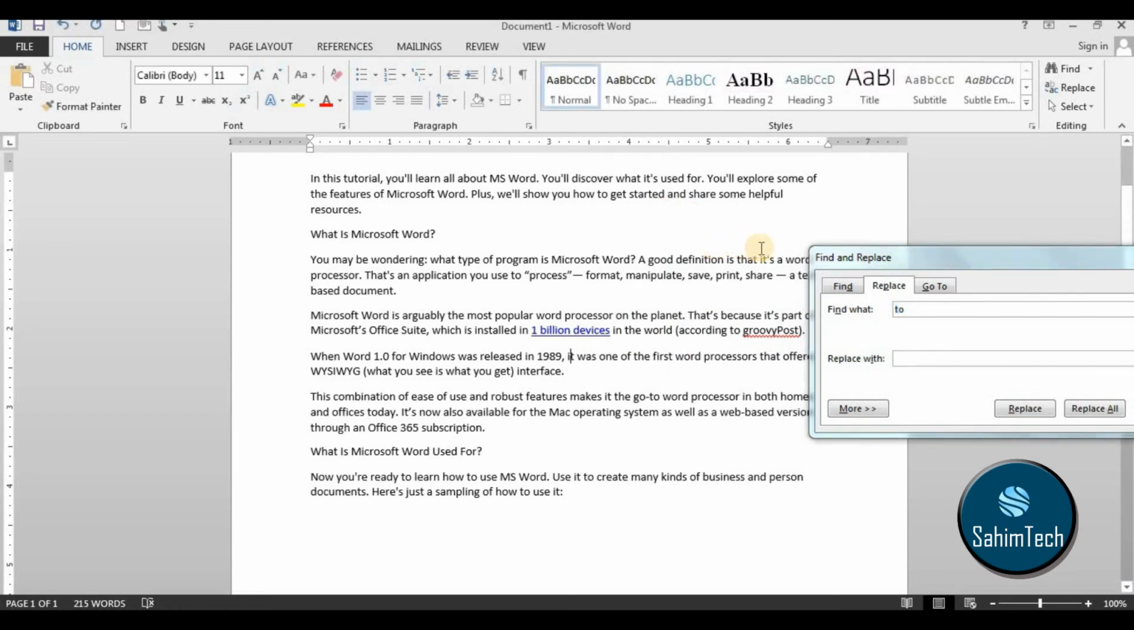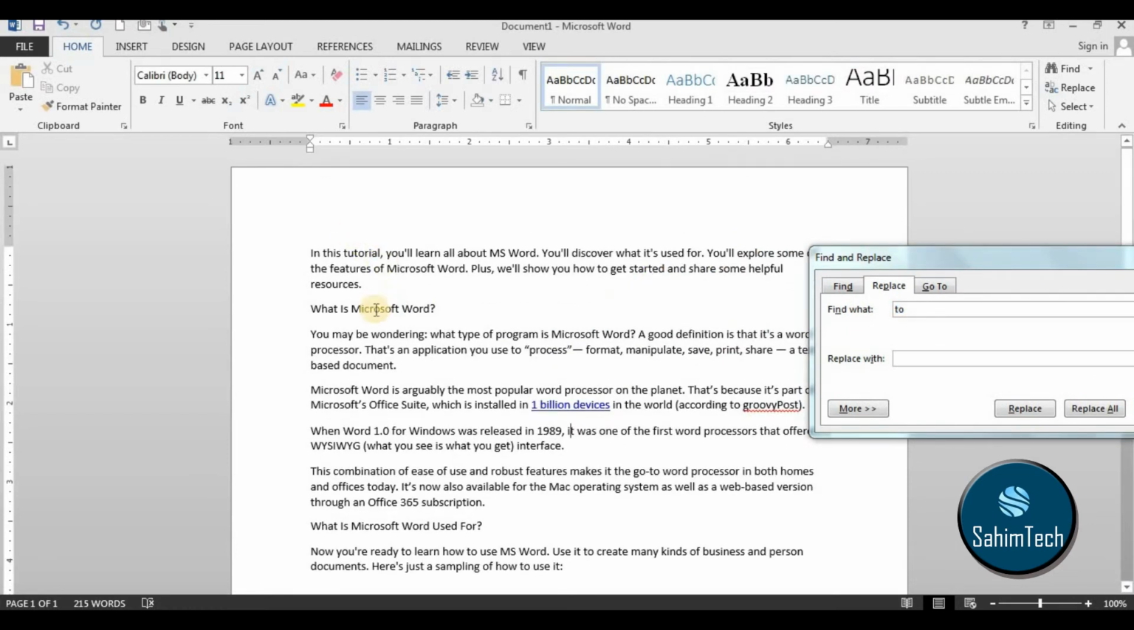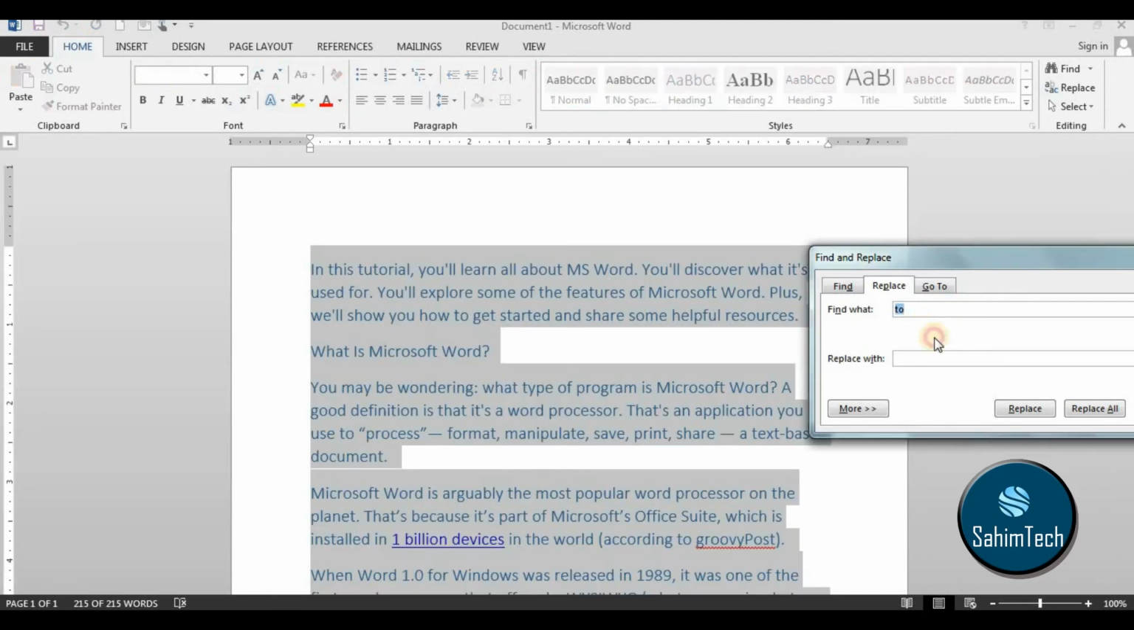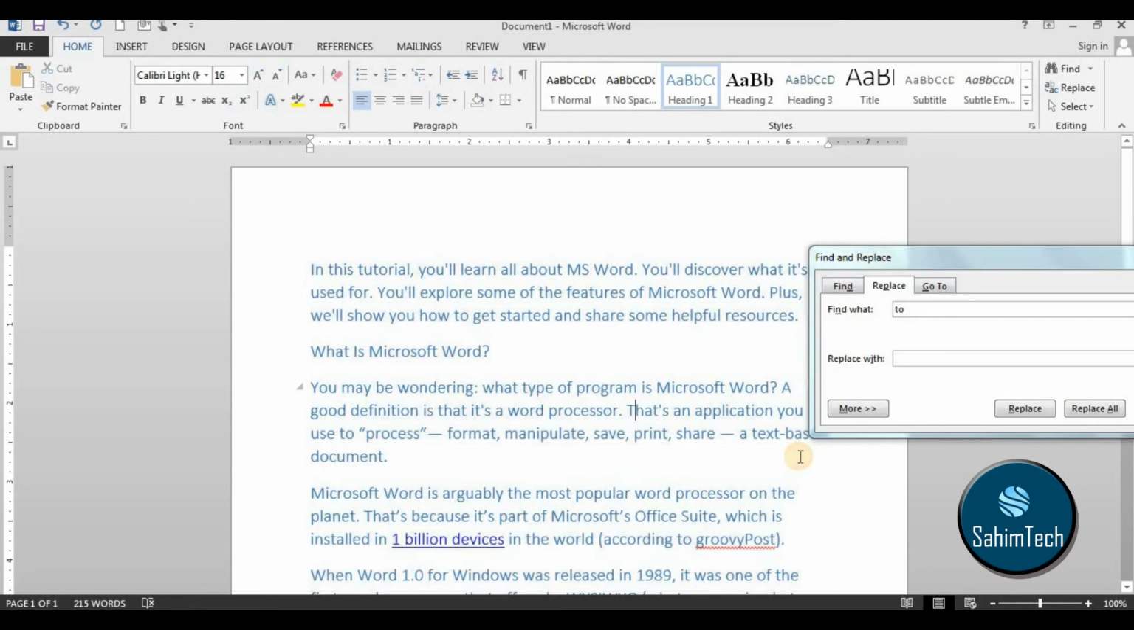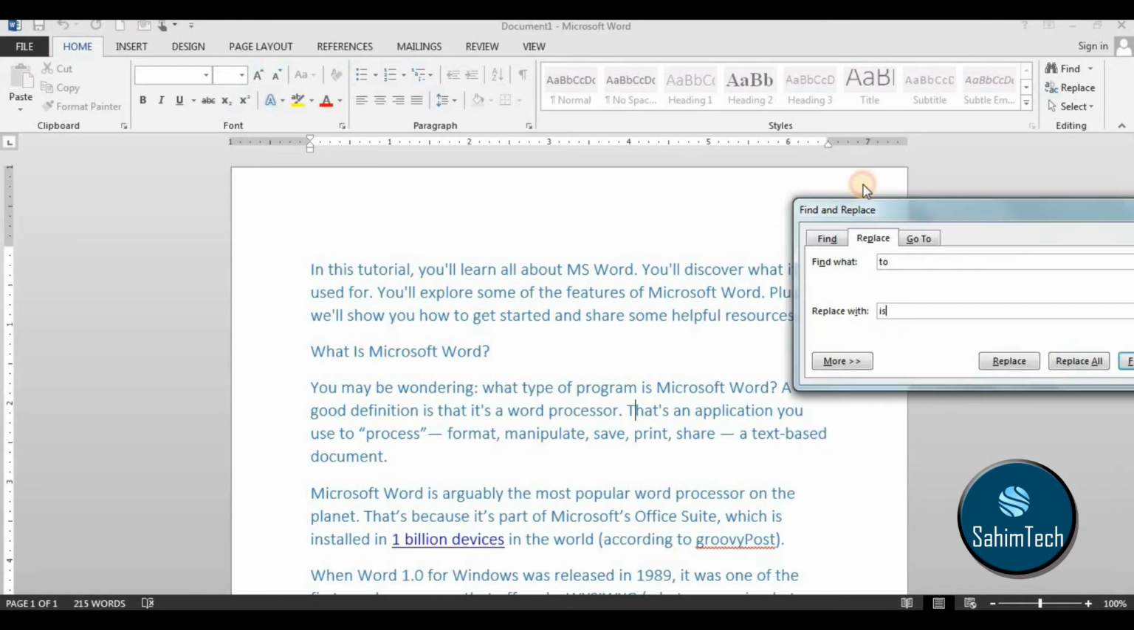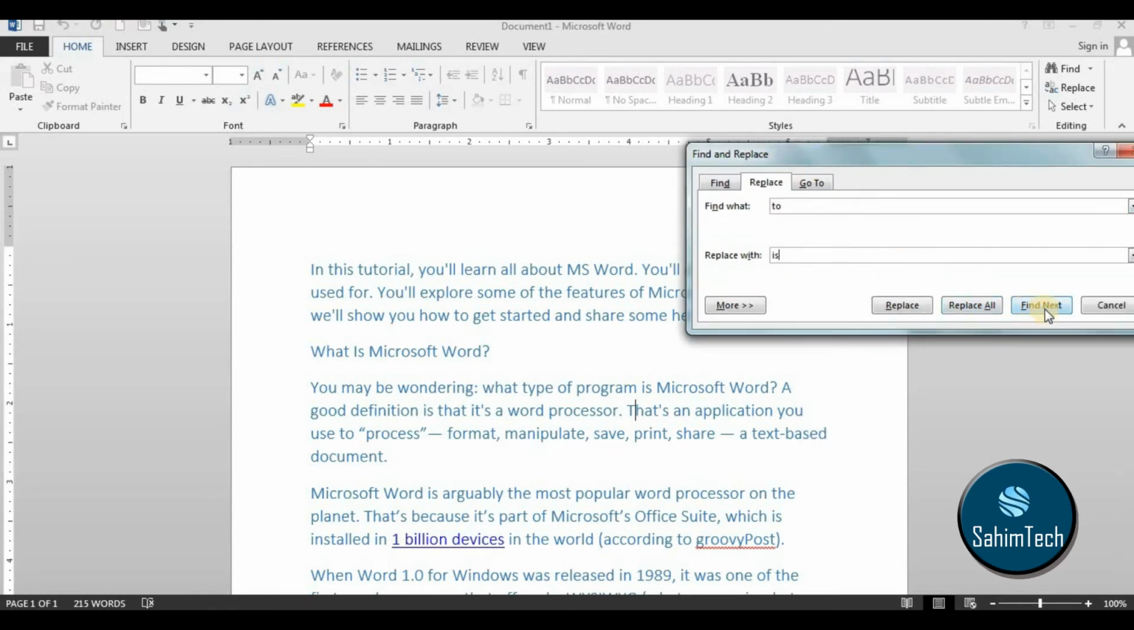Okay, now let's do a funny thing here. Let's say I want to replace 2. That means I want to find 2, and I want to replace it with "is". So that's going to be funny. So I type the details, "is", and now when I click replace all, or let's say find next, you can